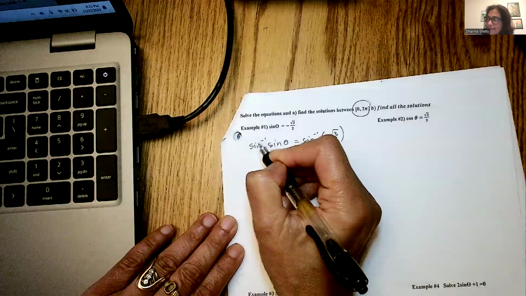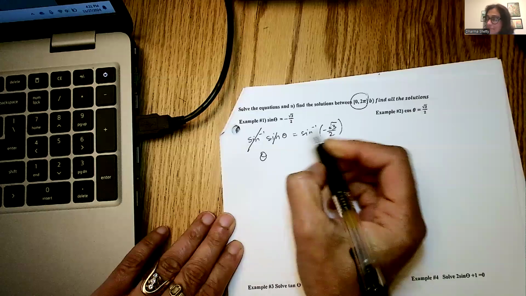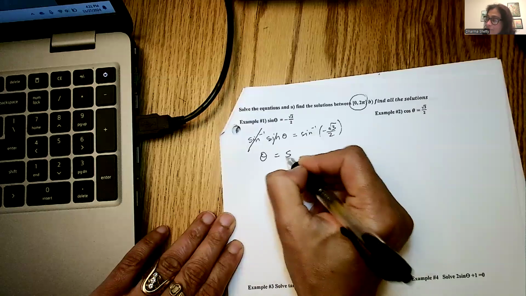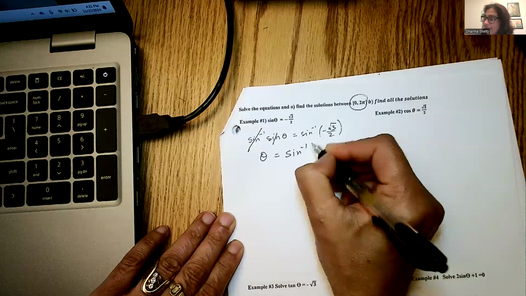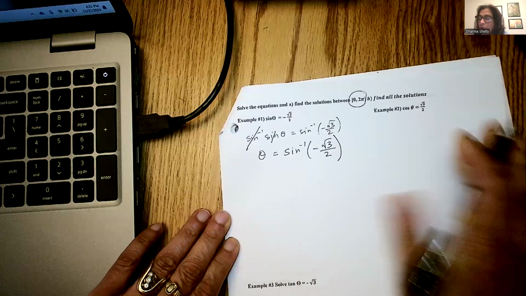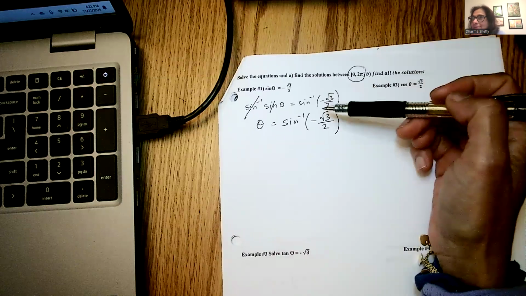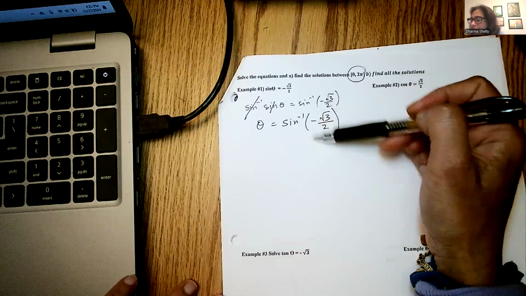Okay, so this cancels off and that isolates the theta. Theta is equal to sine inverse of negative square root of 3 over 2. So on this page, all the problems that are included are such that the angles are coming from the unit circle, or they are all multiples of 60, 45, and 30 degrees angle. Okay. Now, even though there is a suggestion to use this value,